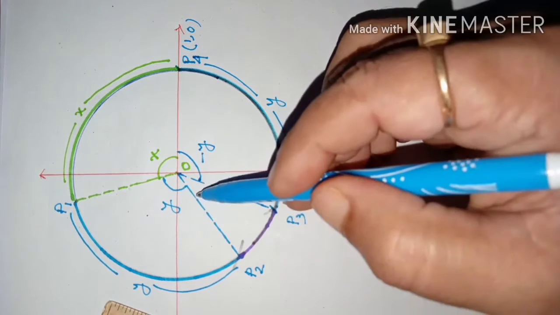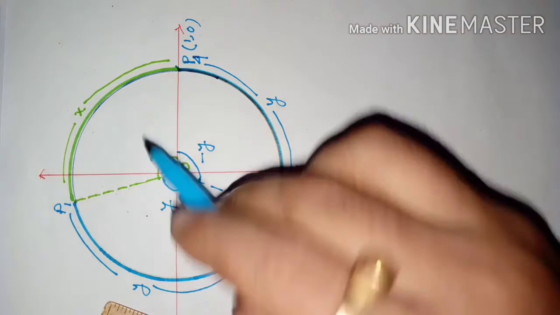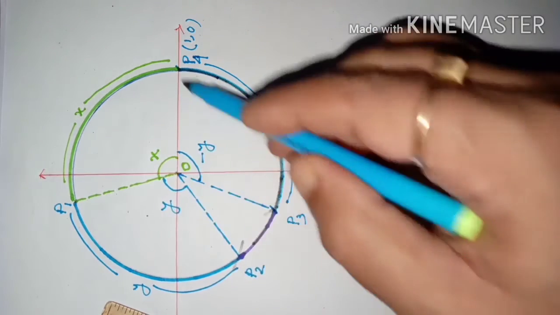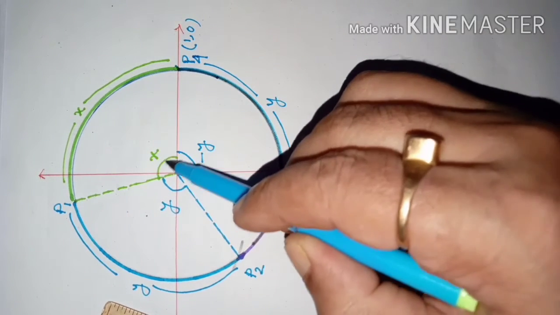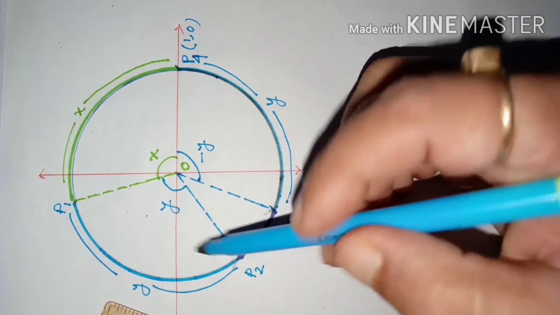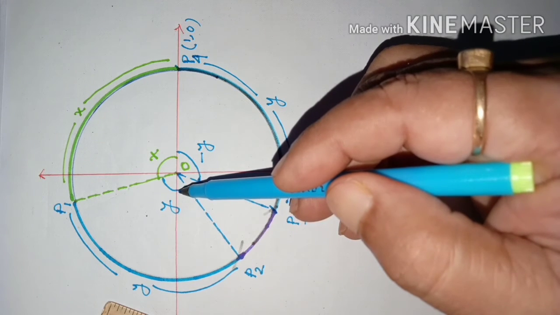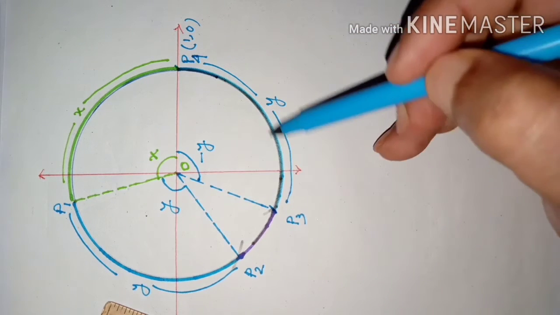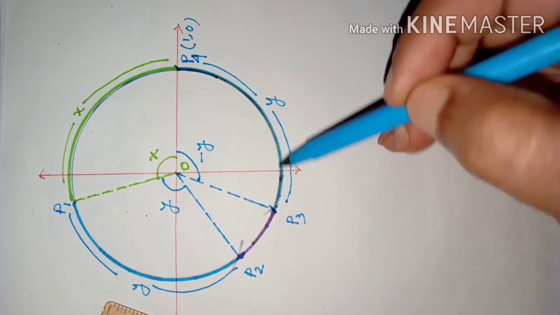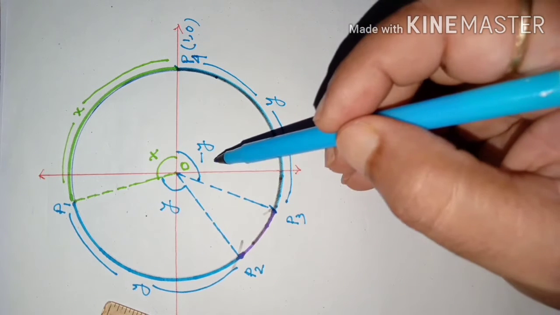The other one is taken in anti-clockwise direction. Dear students, did you get the point? What did I say? This is in anti-clockwise direction. Its length is x unit, so since this is a unit circle, this angle's measure is x radian. This one is also in anti-clockwise direction. Its length is y unit, therefore it subtends an angle whose measure is y radian. And this arc is equal to this arc only. Its length is y unit, but since it is in clockwise direction, the angle subtended by this arc at the center will be minus y radian.